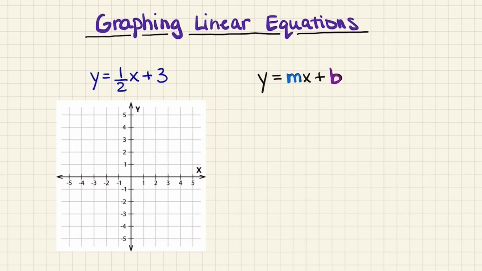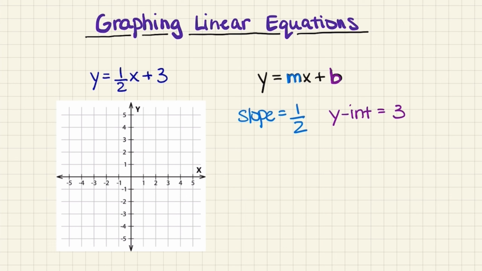represents the y-intercept. The first thing we want to do when we graph these equations is identify the slope and y-intercept. So the slope is always the value that is with the x, the coefficient of the x. So in our equation here, 1/2 is our slope. Slope equals 1/2. And then the y-intercept is the value without the variable, so it's going to be +3. So y-intercept